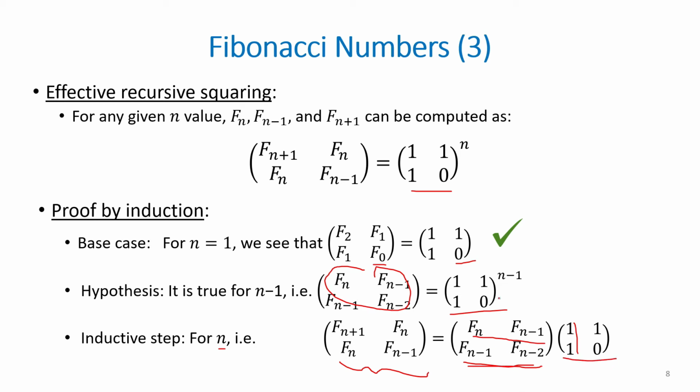This submatrix we can replace with the assumption that we made in the hypothesis, because we already assume that we know the solution is this matrix to the power n minus 1. So when we plug this in, we are multiplying this matrix to the power n minus 1 times the same matrix, which gives us this matrix to the power n, and we prove our solution. So we use squaring, and with squaring, we can show that the running time would actually be theta of log